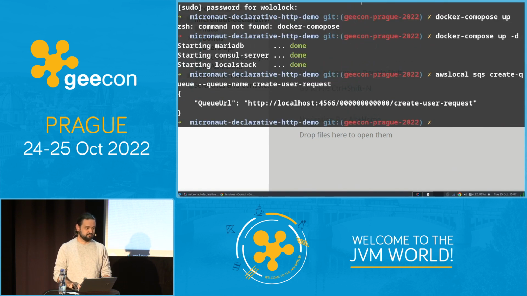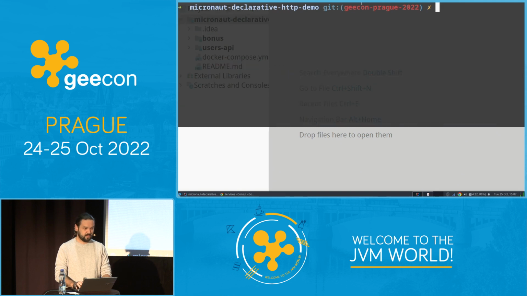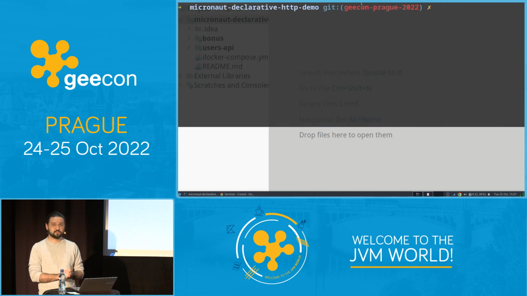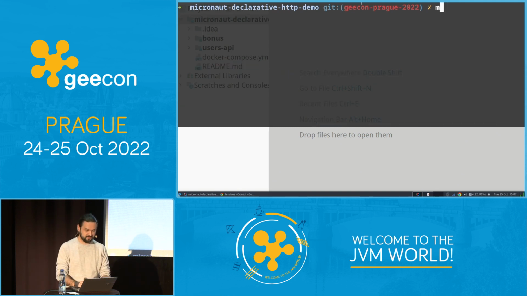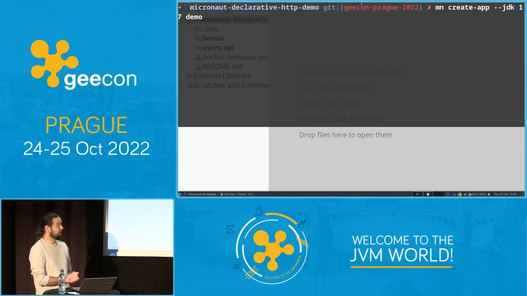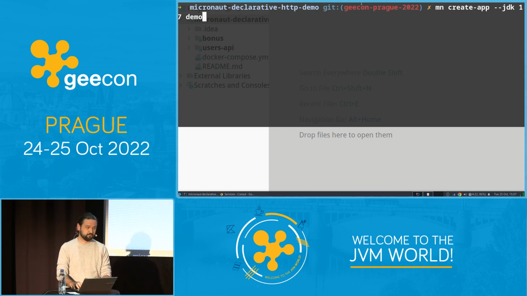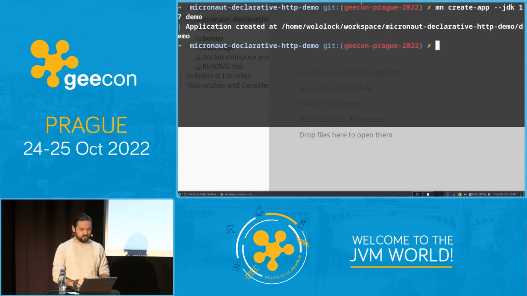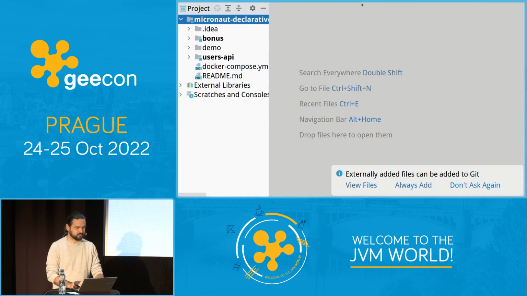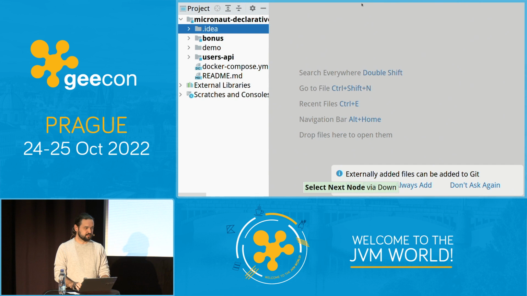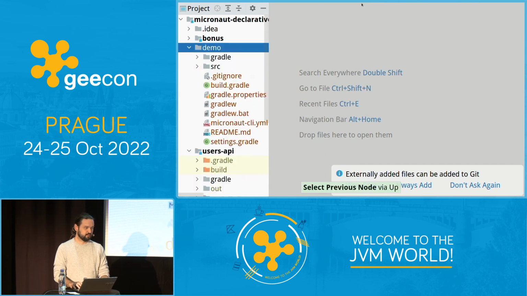Micronaut application, and Vlad showed us how to use the Micronaut Launcher. I'm going to use the CLI client. So we will use the mn command line client to create a new app with Java 17. Let's call it demo. This is no extra features, just a basic Micronaut application that, once created, we will go to